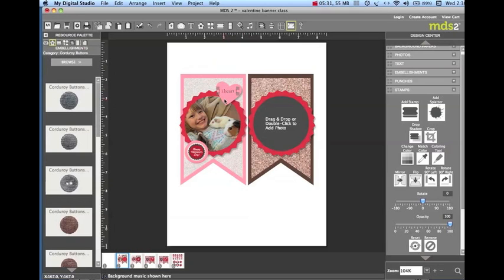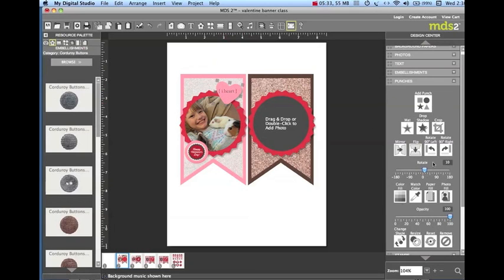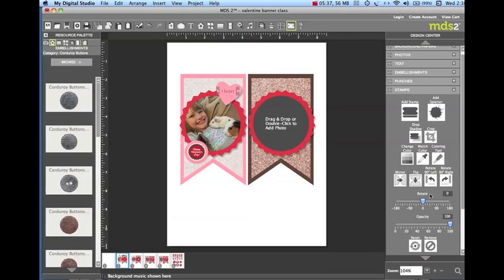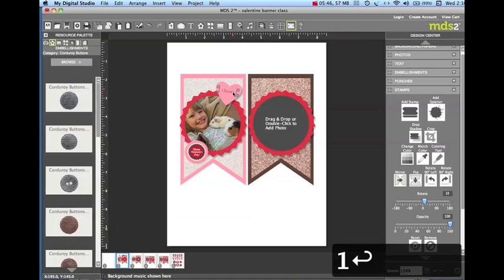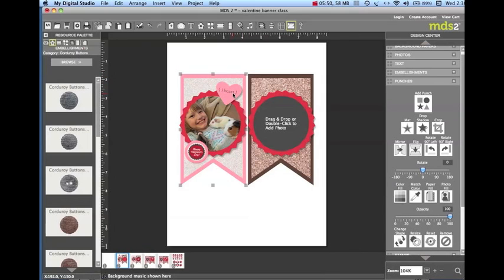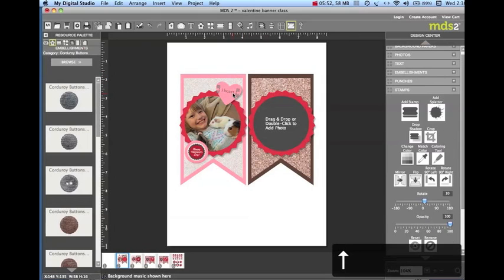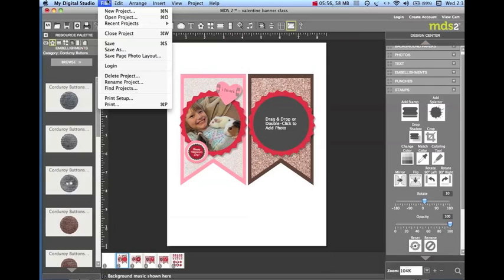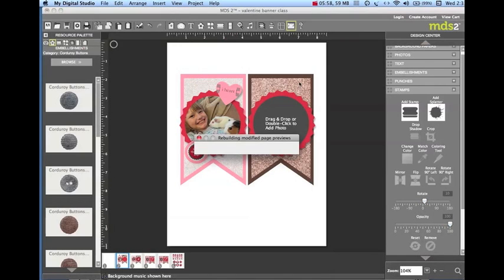piece here. Now remember how I clicked on this heart, it said I'd rotated it to 10 degrees? I really want this stamp to be rotated to 10 degrees too. So instead of trying to rotate it this way and then guess where it is, I'm just going to go in the box here and type 10 and hit return. And now my I heart is rotated to the same point as my heart punch, which is just perfect. I'll nudge it up and over just a little bit. All right, and then when you're working on the computer, save often. Save early and often is always a good strategy. So I'll go